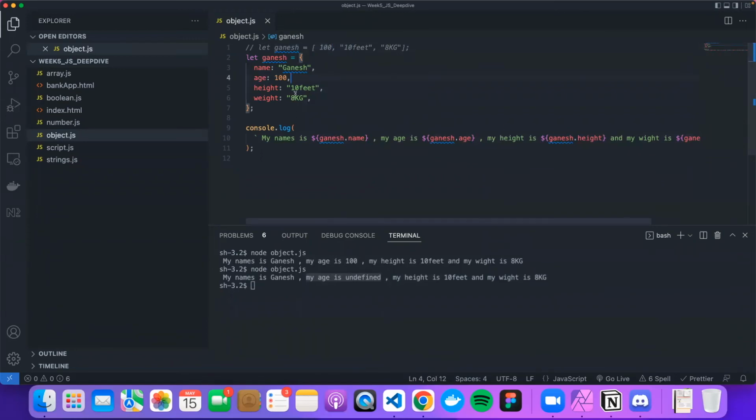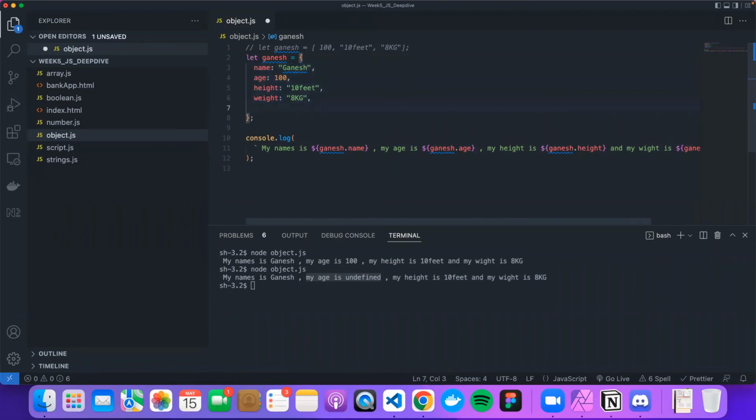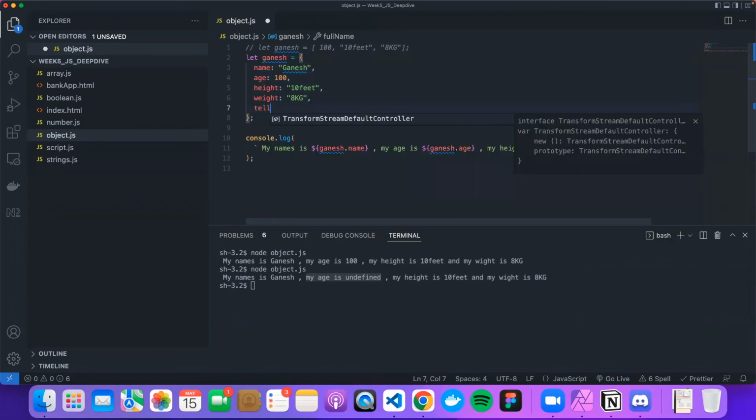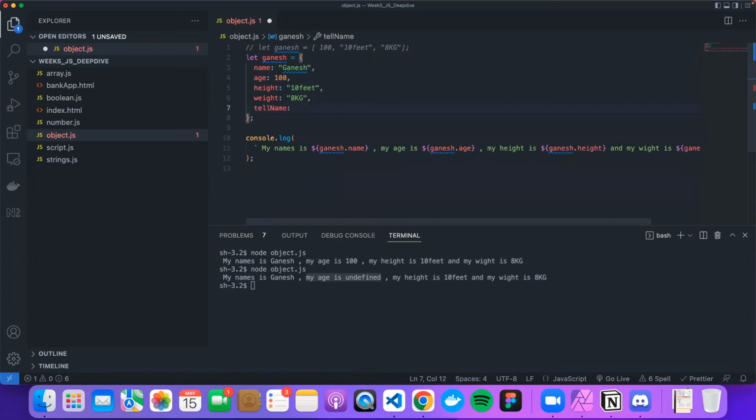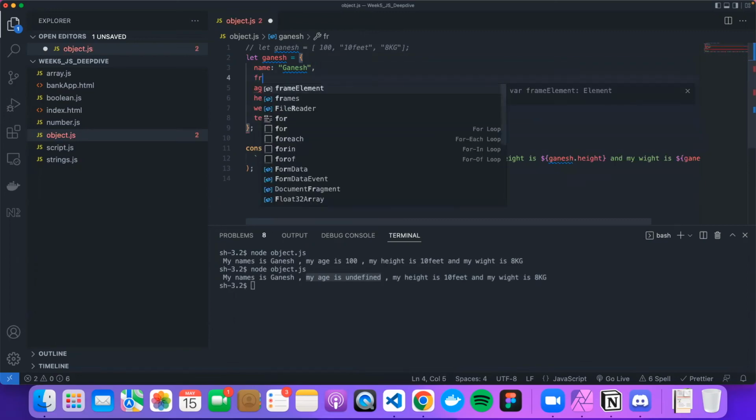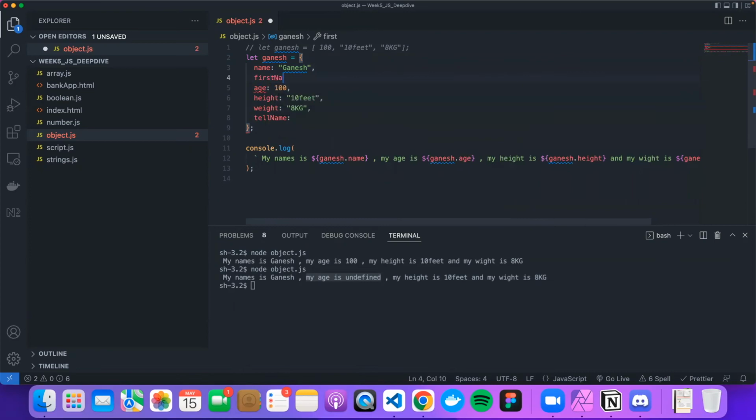Now, with these key value pairs, this is going to be easy. This is not the only thing that you can do with them. So I can say full name, or tell name. I can have my first name there as a property. You don't have to use everything that you have kept in the array. You can use whatever you want. So if I wanted to know the full name of myself,